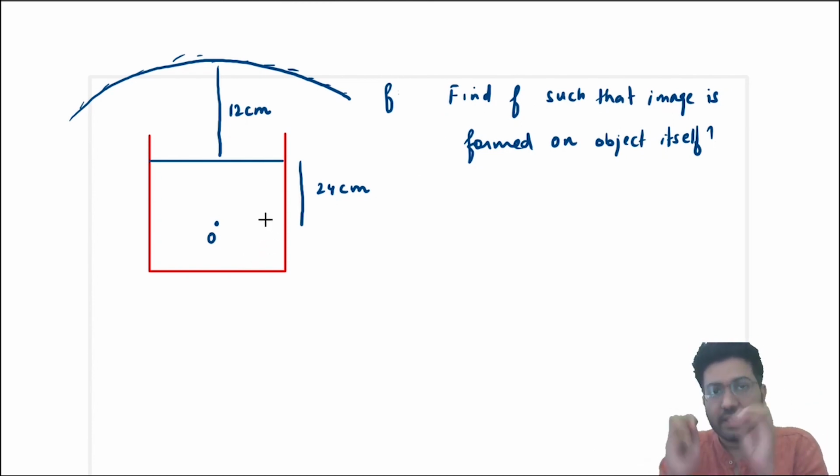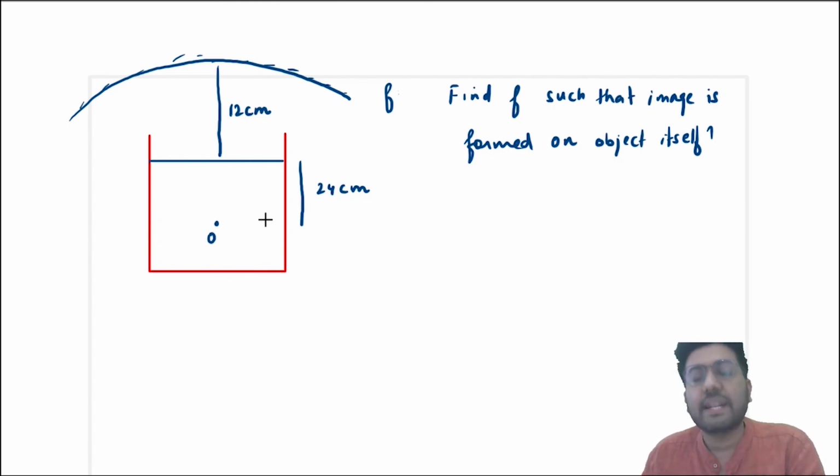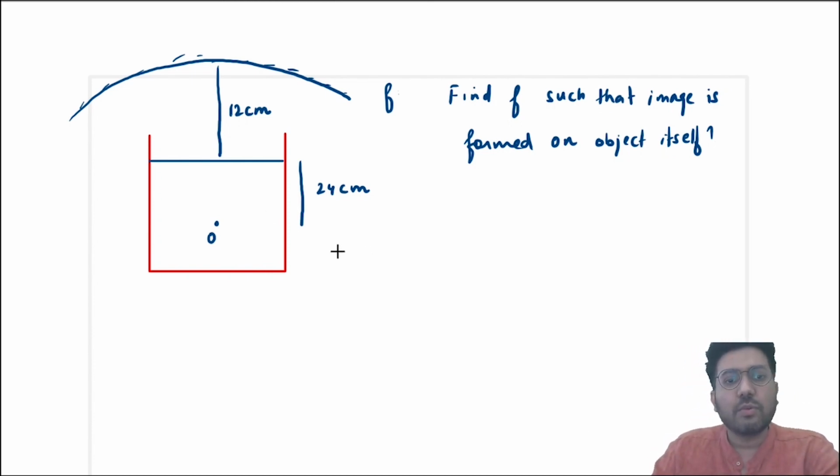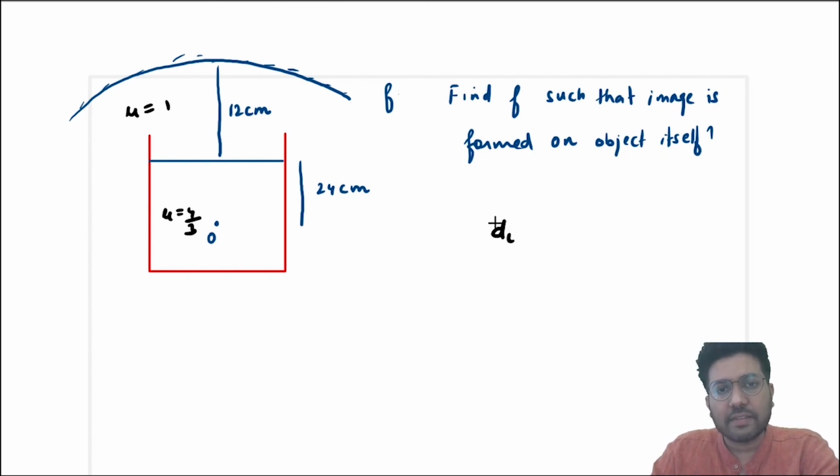So when they are saying the image is formed on the object itself, they are referring to the final image. Okay, so what I will do again, see, this is again mu is 4 by 3, same, mu is 1. So again I will write for the interface, because light will first strike the interface. You have to see where the light will strike first. So for the interface,